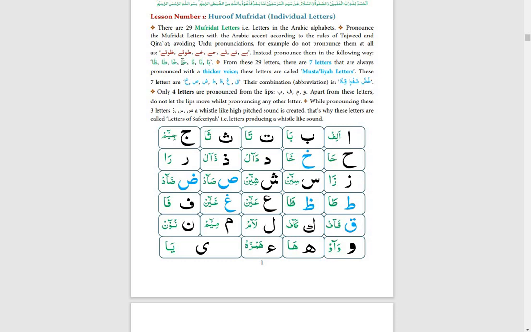Okay, that's our lesson. Now we read this alphabet with Tajweed in the proper Arabic accent. First one: Alif, Ba, Ta, Tha. In Tha, we will pronounce it very softly. From which place it is brought out, we will discuss later. But now you have to recite it softly. Tha,